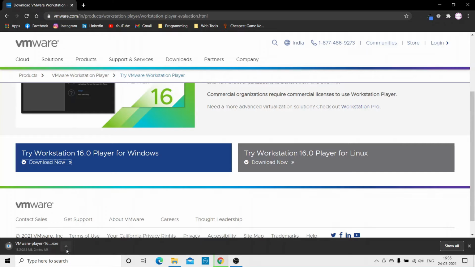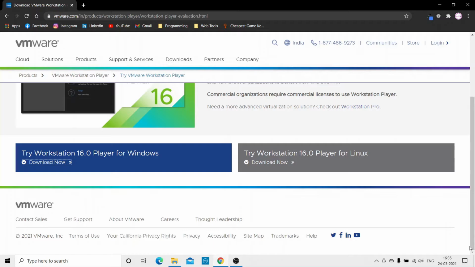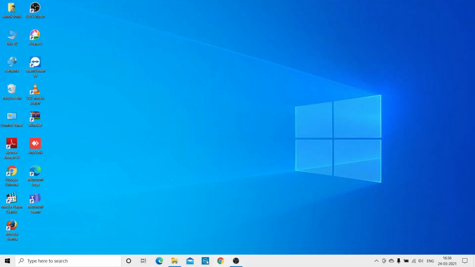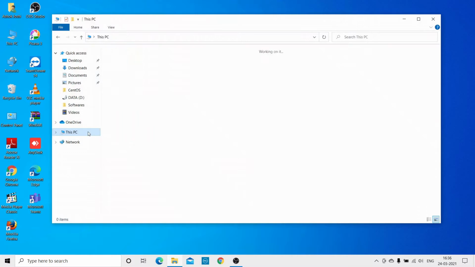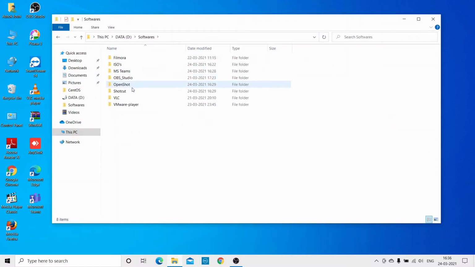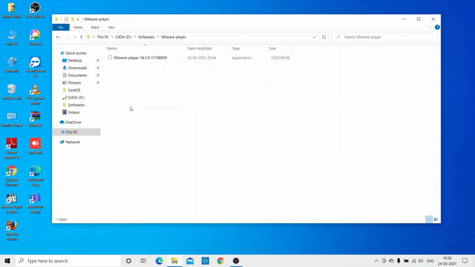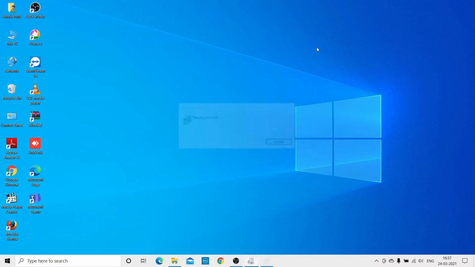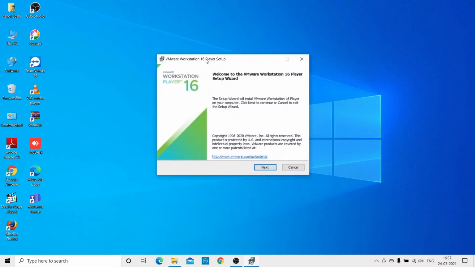Now in order to save time, I will just cancel this because I have already downloaded this before. I'll just click cancel, and I will go to the folder where I have kept the VMware exe file. So I have kept it here. So now once you download VMware Player, you will get this kind of exe file. You just have to double click on it, and it will ask you whether to install or not. Click on yes. After clicking on yes, you can see wizards like these start coming up, the installation ones.